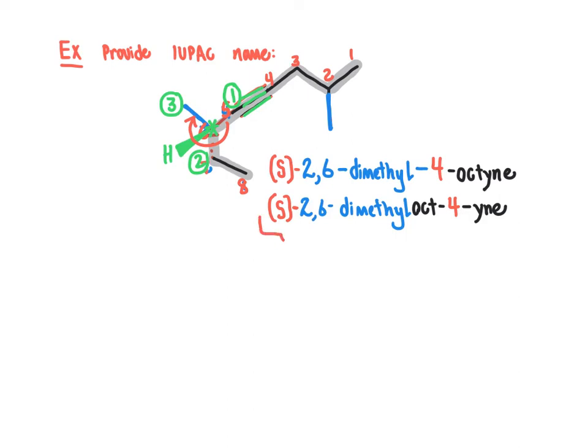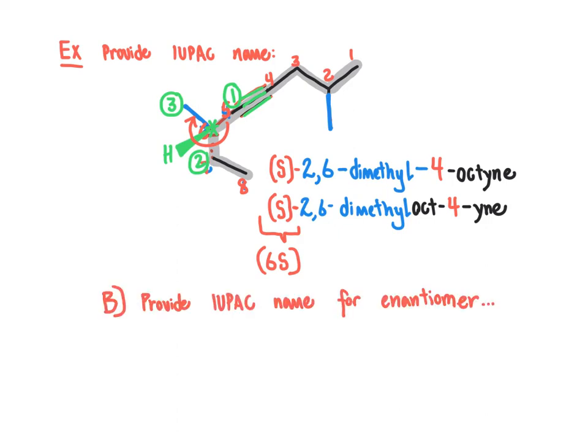You would also be welcome here to instead put in parentheses 6S, because it is at carbon number 6 where that chirality is. It's not necessary that you put the 6 in there though, since there is only one chiral center in this molecule. To follow up on this first question of providing the IUPAC name, as part B here,